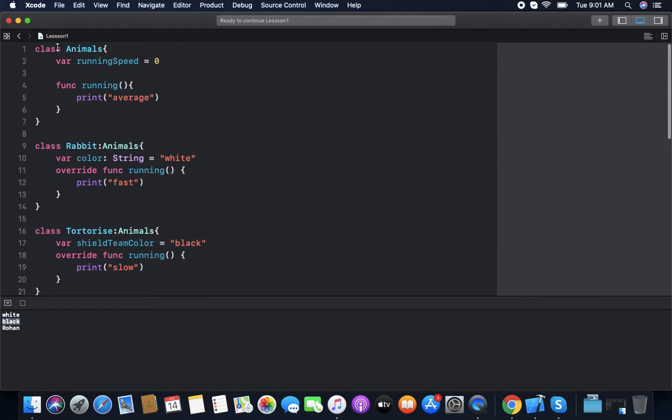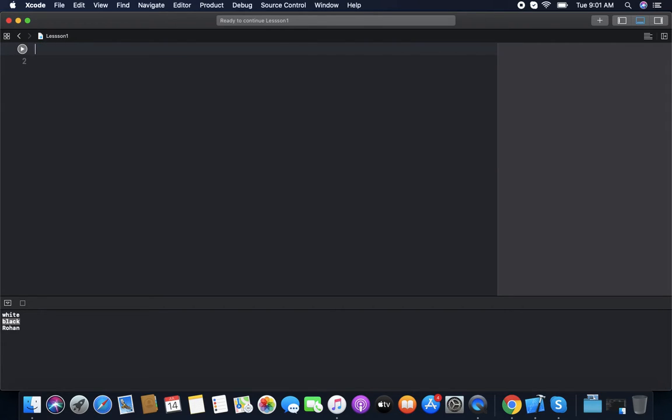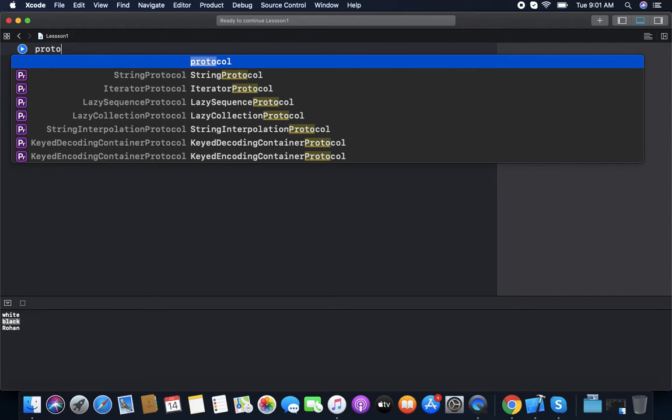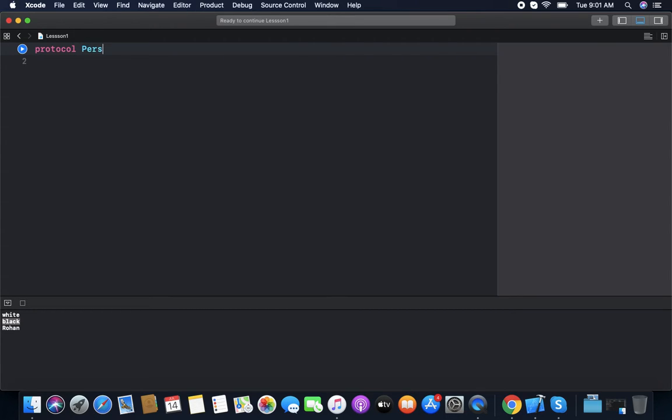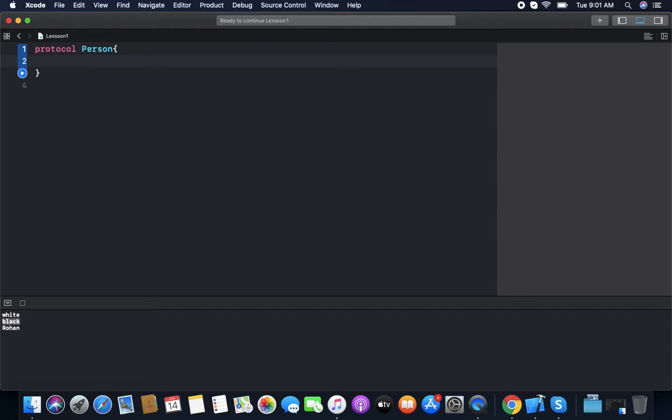Inheritance can only be done within classes, but with protocols, anything can inherit from or implement any protocol. So like we have a protocol, Person, which can have a name.